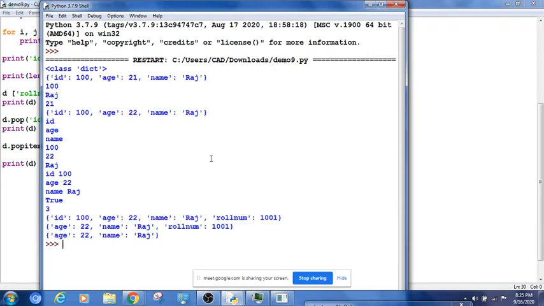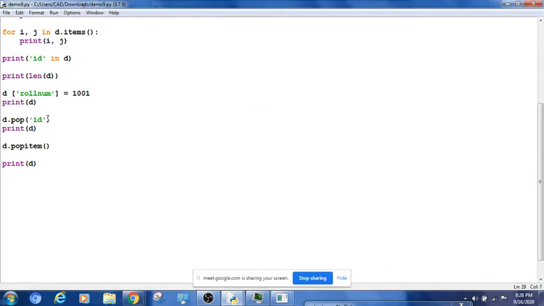You see here, what was the last item? Roll number. The last inserted item was roll number. Now you see there is no roll number; we have only age and name. Earlier we used pop with ID. We gave a key to that pop function earlier, right? Pop with a particular key removes that key, and later, when I simply wanted to remove the last inserted item, I just used popitem. What is the method? Popitem, right? So that way also I can remove it. Understood, guys?